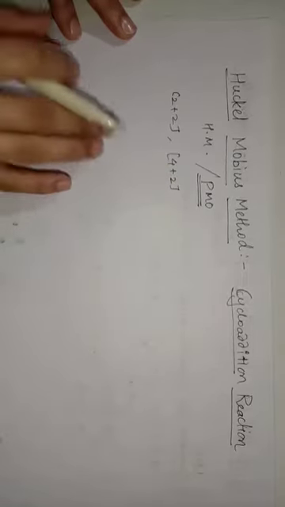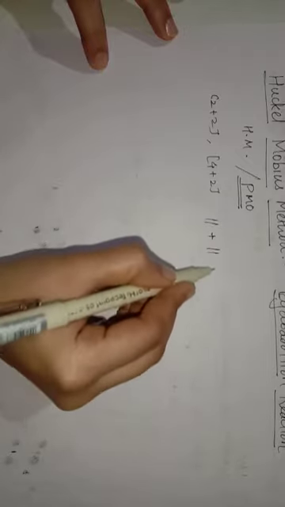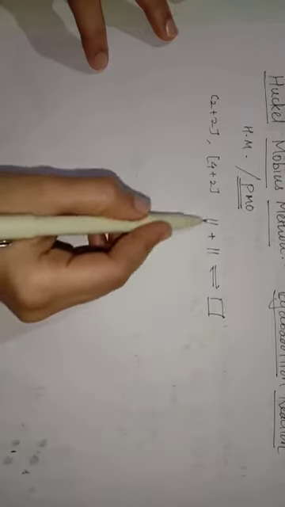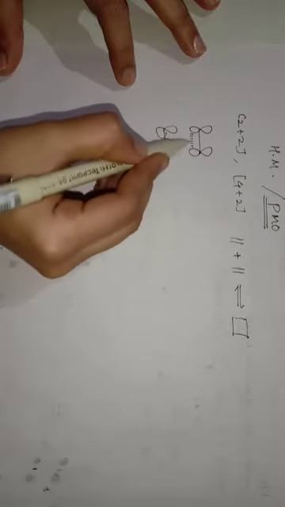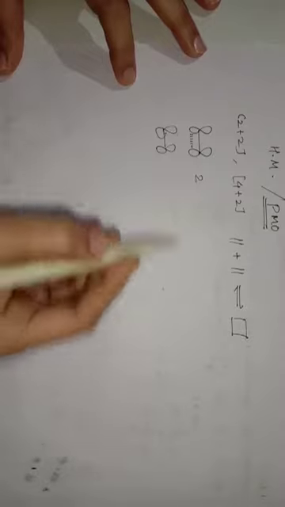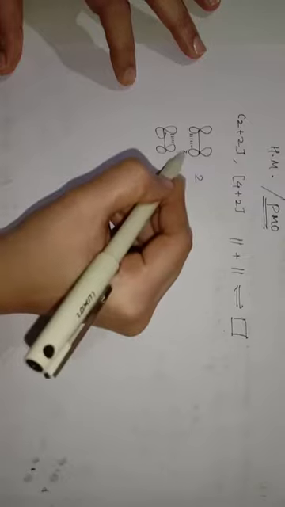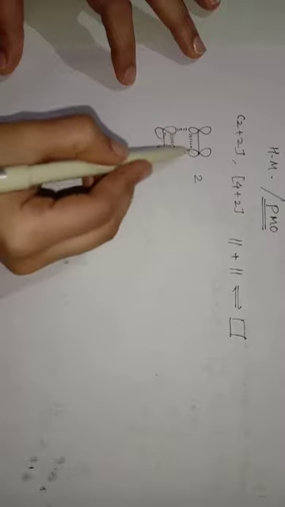So in the case of 2 plus 2 cycloaddition reactions, the conditions may be like this. 2 plus 2 cycloaddition means, if we take the example of ethylene plus ethylene, we get cyclobutane, right? So one ethylene molecule and the second ethylene molecule have molecular orbitals. Now, if there is a condition where the two orbitals from the lower lobe of this 2 electron system make a bond with the two orbitals from the lower lobe of the other 2 electron system.